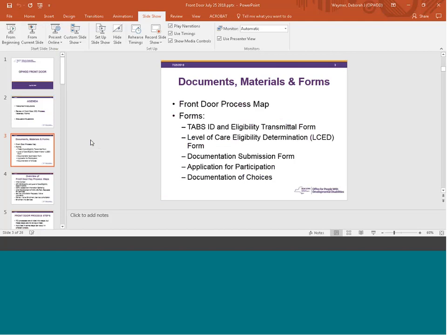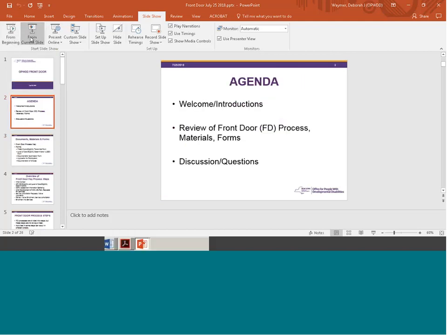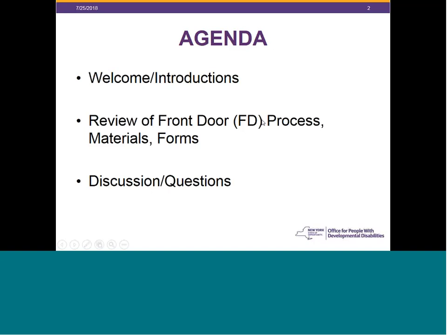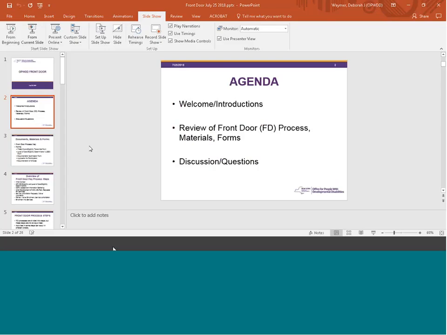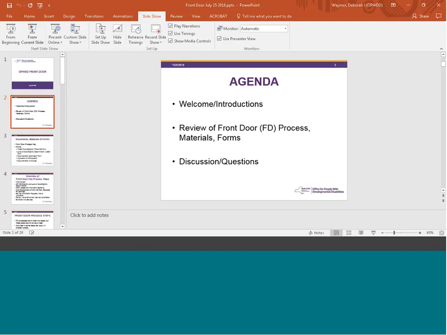Some of the things we'll be looking at are the front door process map, which we're actually going to pull up now so we can do a very brief overview. This is a map that we'll be distributing and making available to you later. Some of you may have already seen earlier versions of this, and there's been some tweaking to it. Largely the process as described in this map is the same as some of you might have seen earlier. We're pulling up the map now, just a second.